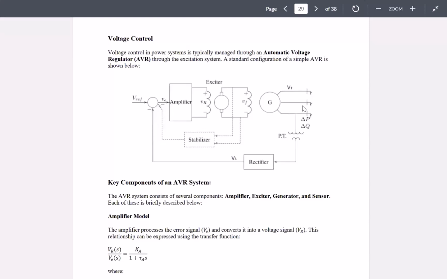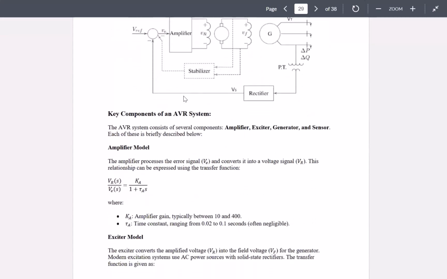Now, each of these components in these closed paths have their own dynamic behavior, including the rectifier, potential transformer, excitation system, the generator itself, the amplifier. All of those have their own block diagrams, which we're going to talk briefly about here. The amplifier model